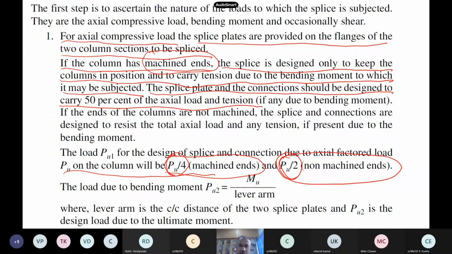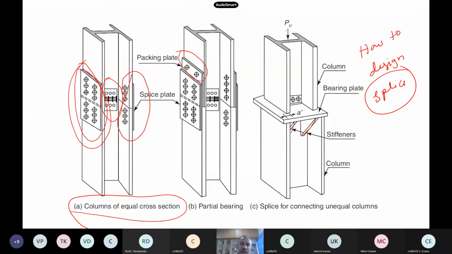Then if there is an additional bending moment on the column, right now we are having only compressive load, but there may be bending which also acts on the columns. Generally, when you are constructing a multi-story building, columns have to carry all kinds of loads: bending moment, and shear, because it will be connected to a beam and some eccentricities will come. So bending moment and shear force also come into our columns.